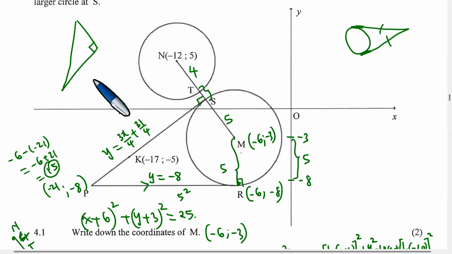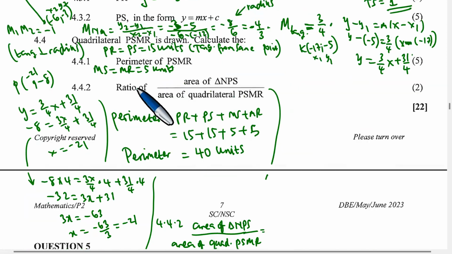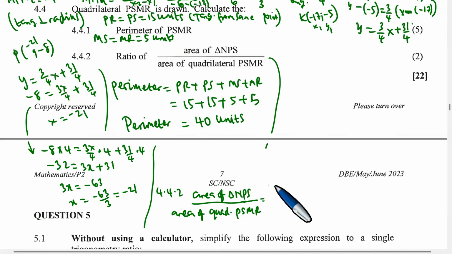Okay, this one is already 15, but what is this one? We found TS to be 1, so if you find the NPS, this one is 5. So the triangle is half base by height. The base is 15 and the height is 5. So we just need to find the area. At this point, this is going to be half base by height,